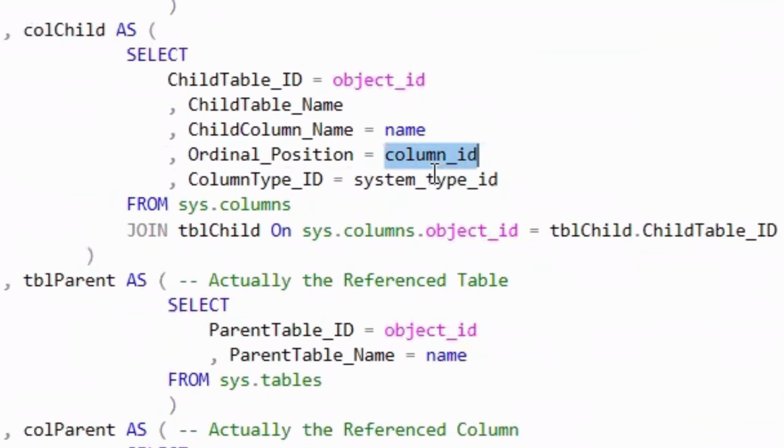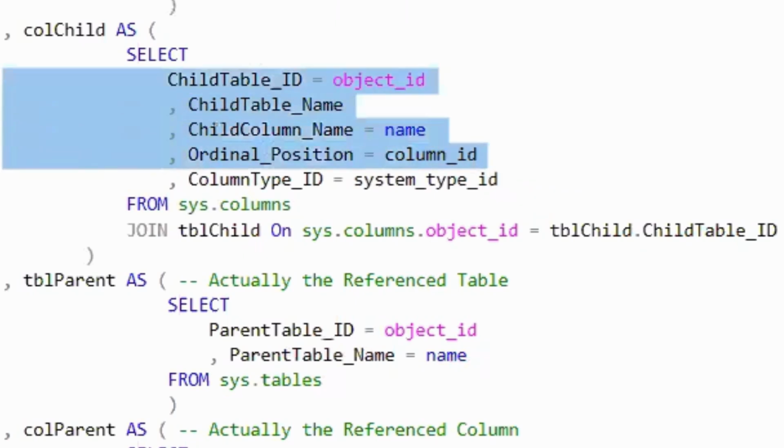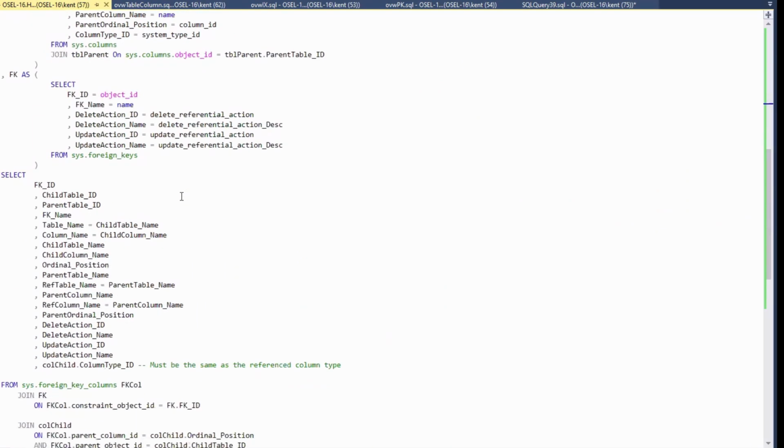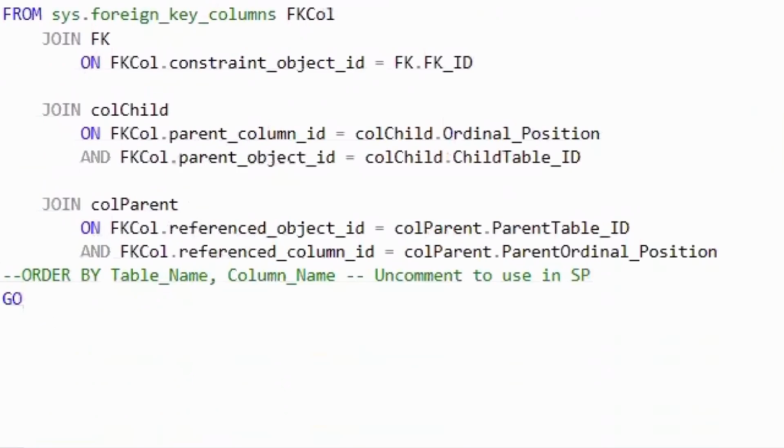In any table, you will have columns numbered from 1 to whatever, but they are all going to be sequential. Unlike Access, where you can actually change the ordinal position of a column, in SQL Server you can't. And I think that's partly because it relies on that as its identification. Anyhow, so down here, by joining to our child table columns and our parent table columns and the foreign key